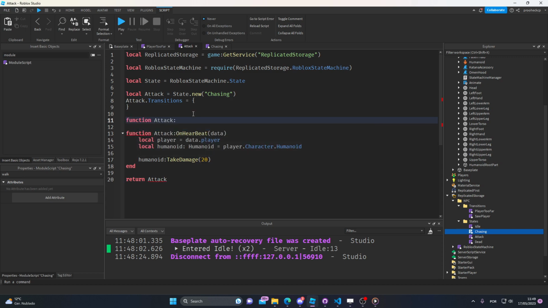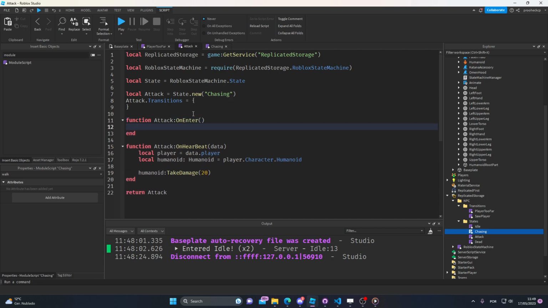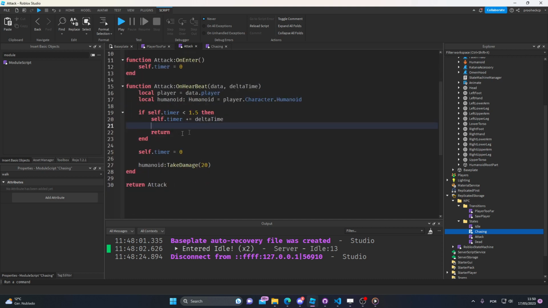So something I'm going to show you that I love doing, it's on enter, like this, and we just want to do self.timer equals 0, and we want to do if self.timer smaller than, I don't know, let's say 1.5, we want to return, otherwise we want to make self.timer equals 0, and here we want to make self.timer plus equals delta time, and basically this should make it damage you every 1.5 seconds,